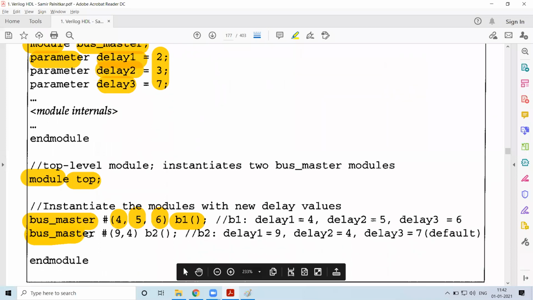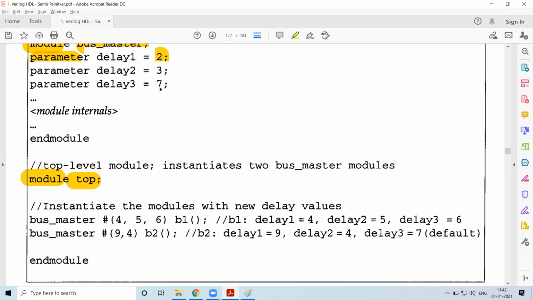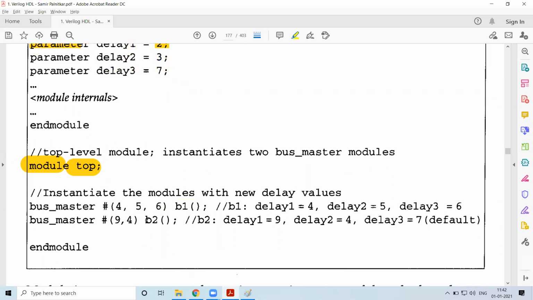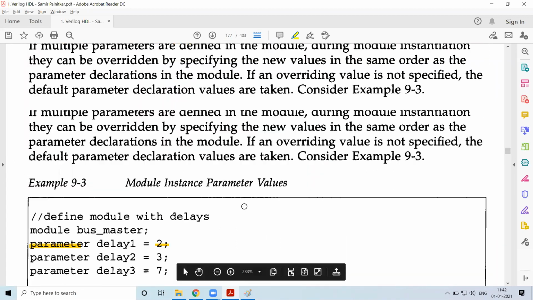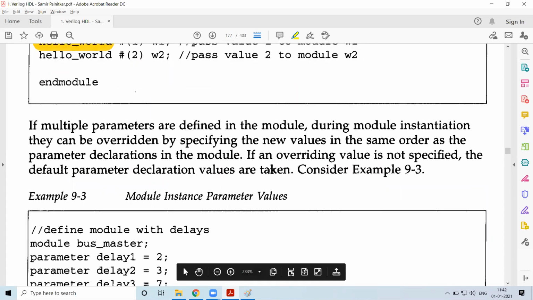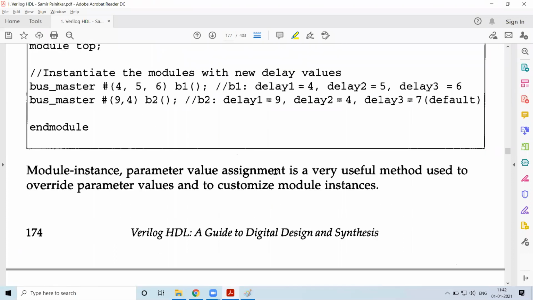Now you can see that for bus master, only these two are specified. Delay 1 has a value of 9 and delay 2 has a value of 3. But the third one is not specified, so by default this value will be taken as 7. So this is pertaining to using the module instance to override the parameter value.